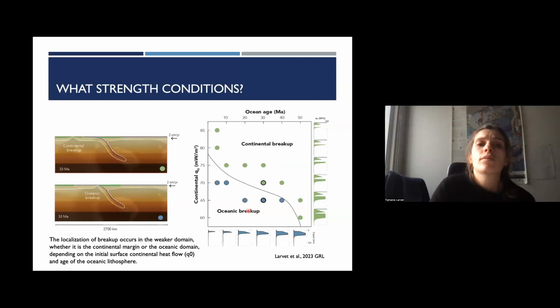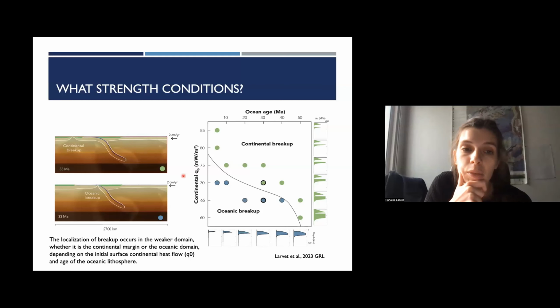Another parameter that I wanted to study is the strength of the oceanic domain compared to the continental domain of my lower plate. To vary the strength, I vary the oceanic age of the lithosphere and the surface heat flow of the continental margin of the lower plate.